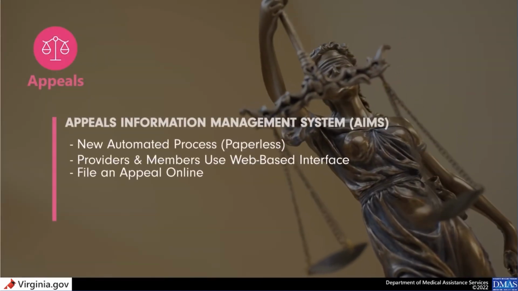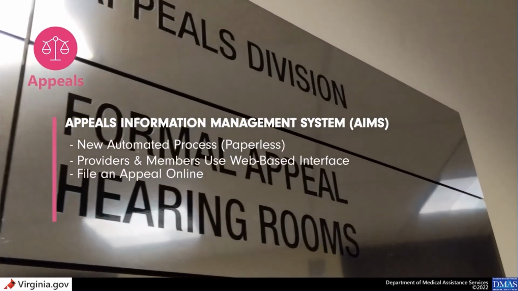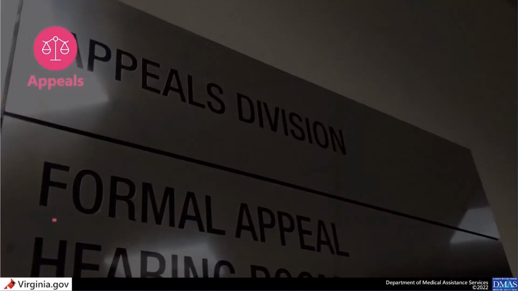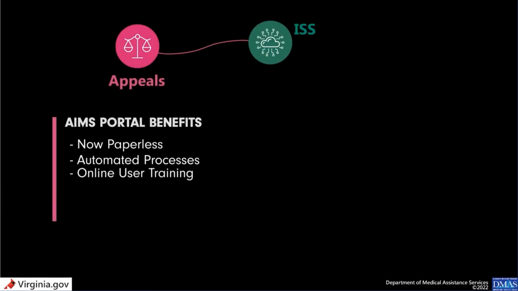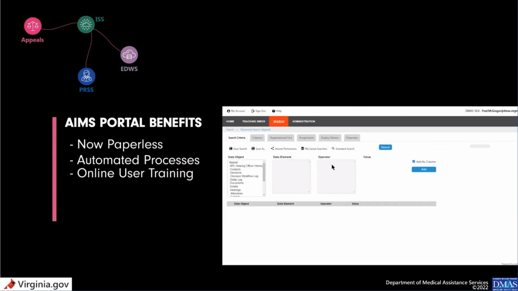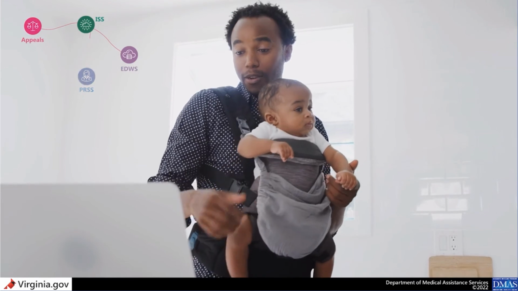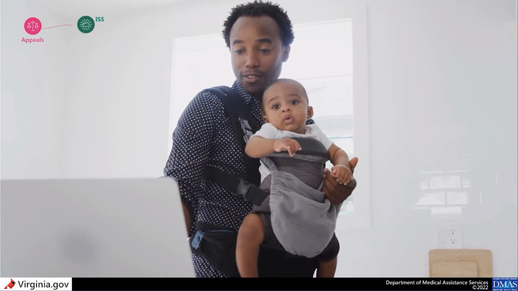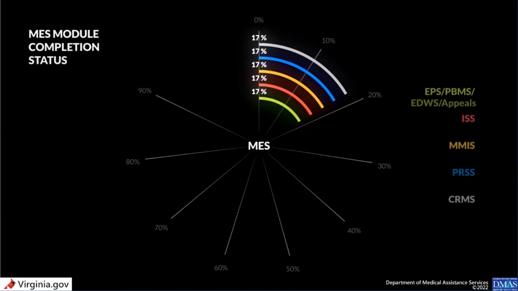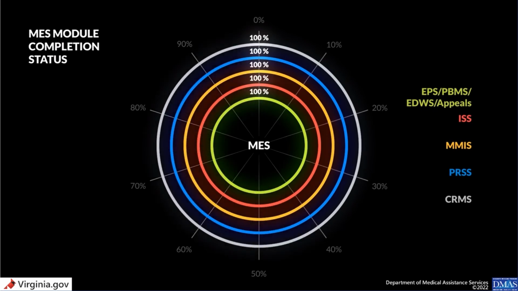The appeals module includes a new system to automate appeals processes and make the appeals adjudication process easier and faster. The new MES Portal for appeals replaces an antiquated system and automates many processes which were previously handled manually in a paper-based process. Six years of extensive planning and development were celebrated when MES became fully operational on April 4,